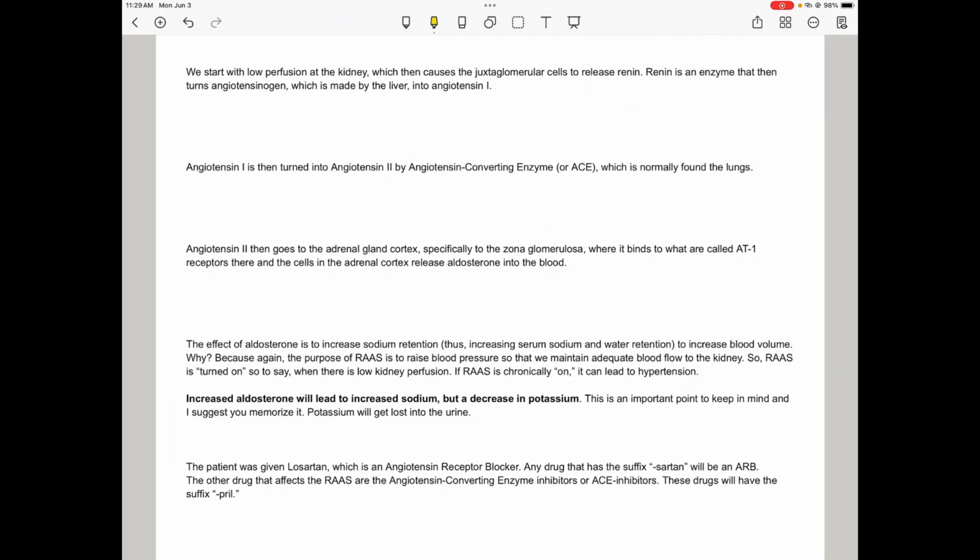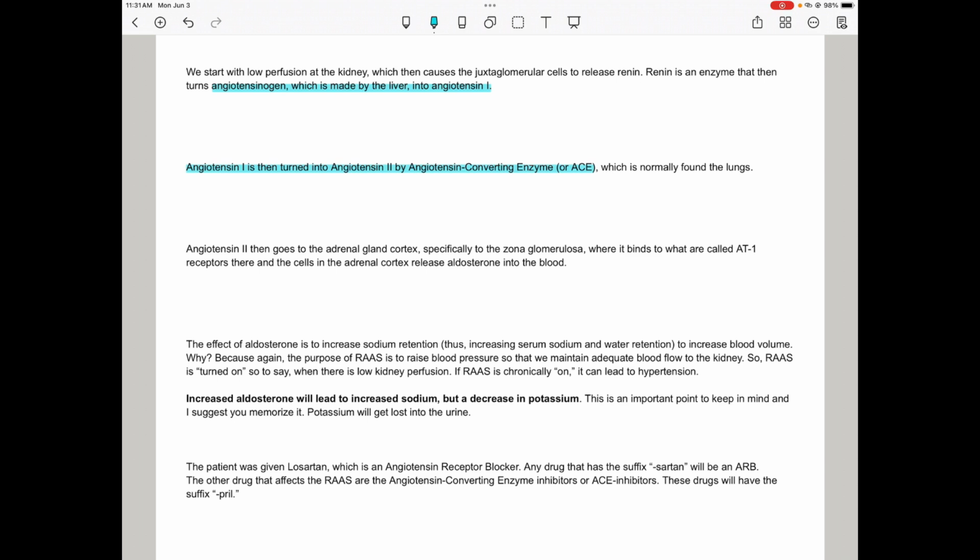Now, what exactly is renin? What does it do? Renin is an enzyme that will take angiotensinogen, which is made by the liver, and turn angiotensinogen into angiotensin 1. So that's what renin does. Angiotensin 1 is then turned into angiotensin 2 by angiotensin converting enzyme, also known as ACE, which is normally found in the lungs. Now, these substances are traveling around the circulatory system, which is why they can reach the lungs in order to find the correct enzyme. Now that angiotensin 2 is made,